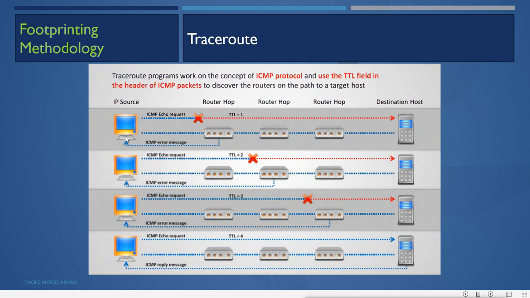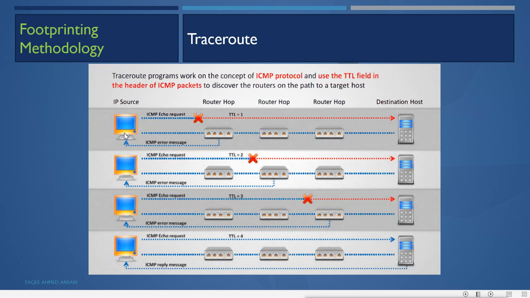So when we do the traceroute, what happens? Our machine sends the packet with time to live 1. When it reaches the first router, the router removes 1 from it and the value becomes 0. When the value becomes 0, it will not be forwarded to any other router. It will drop the packet and send an ICMP error to the source. Now what does traceroute do? It records the error and which router the error is coming from. It records the IP of that router and shows us that this router was found.